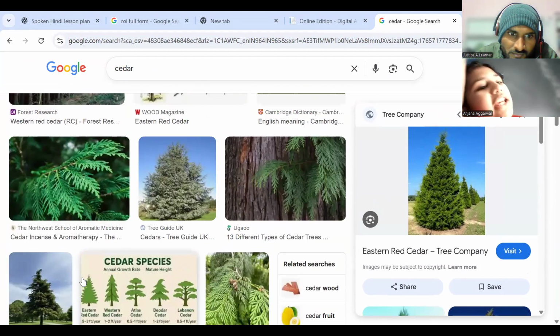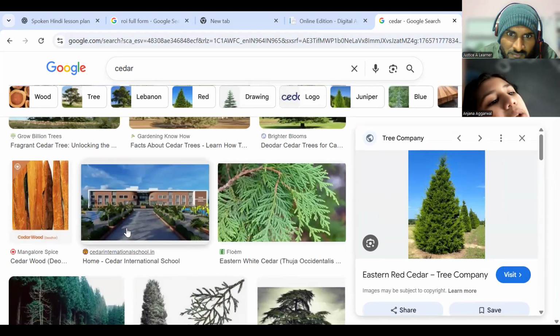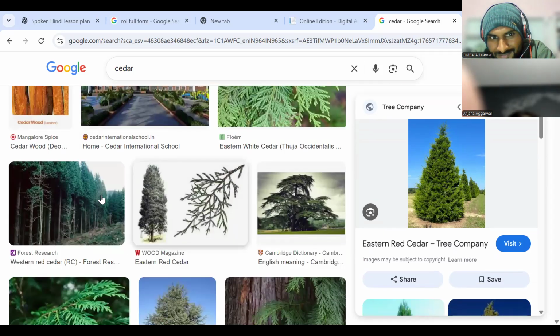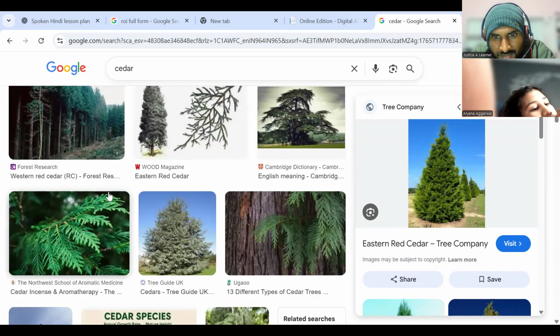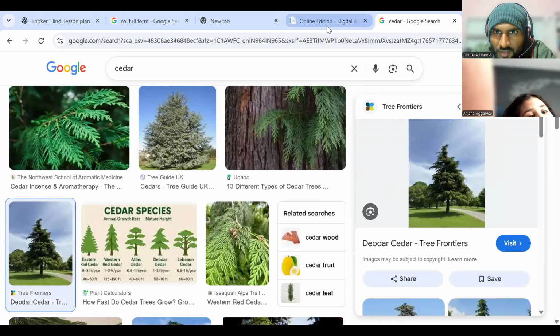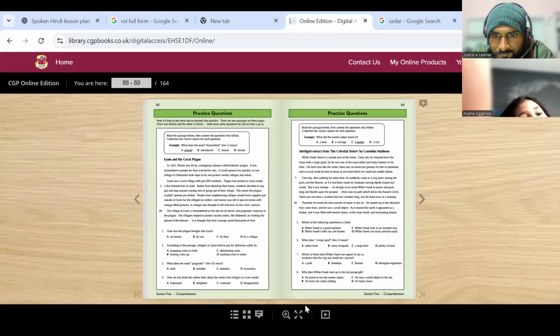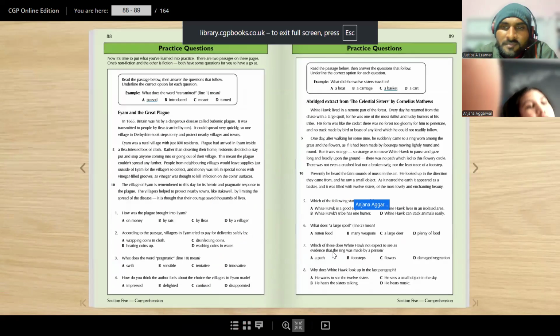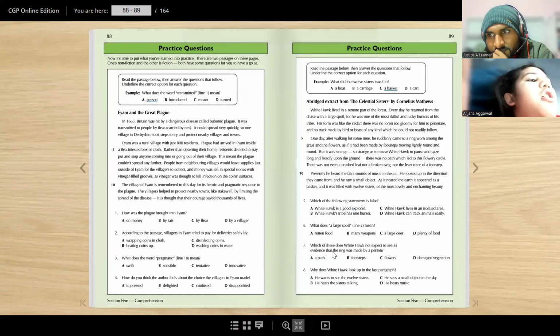Like if you prick it out of a tree and put it in a book, you'll remember it. Yeah, that's enough for you to understand. Okay, let's go. Okay. So